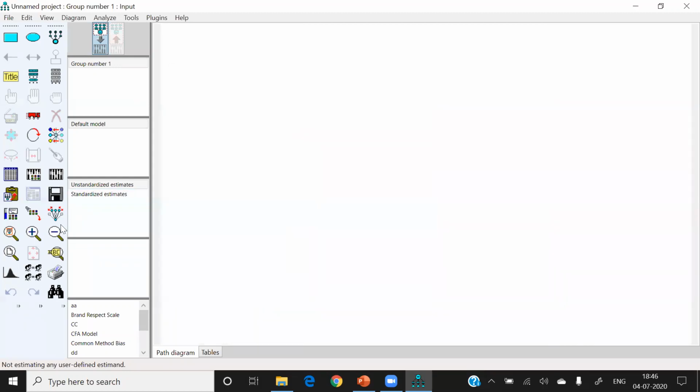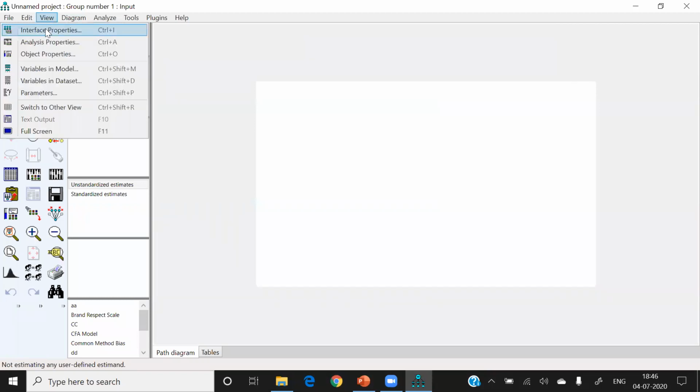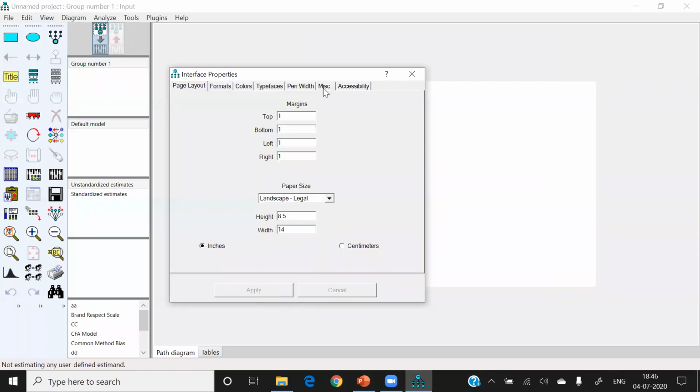After that, you can see that all the white space is horizontal. We can make the structural equation model very comfortably in this area. After that, I again go to the view interface properties, and there is an option called miscellaneous.